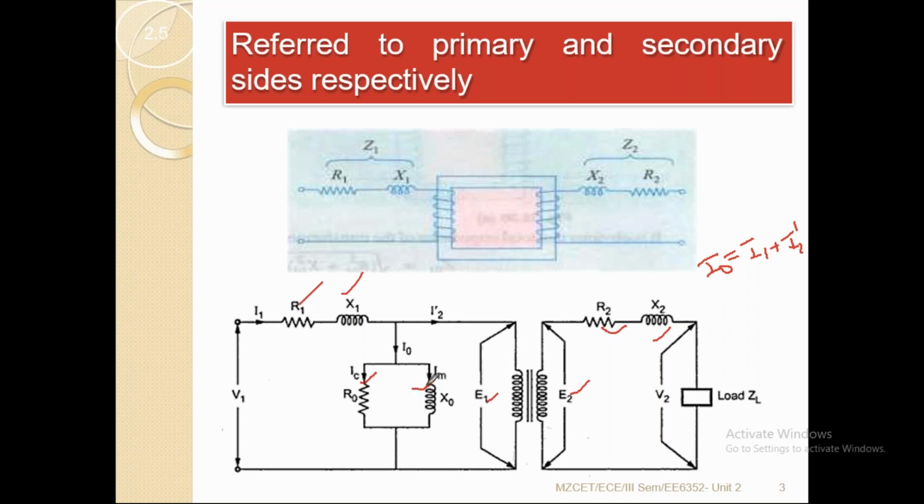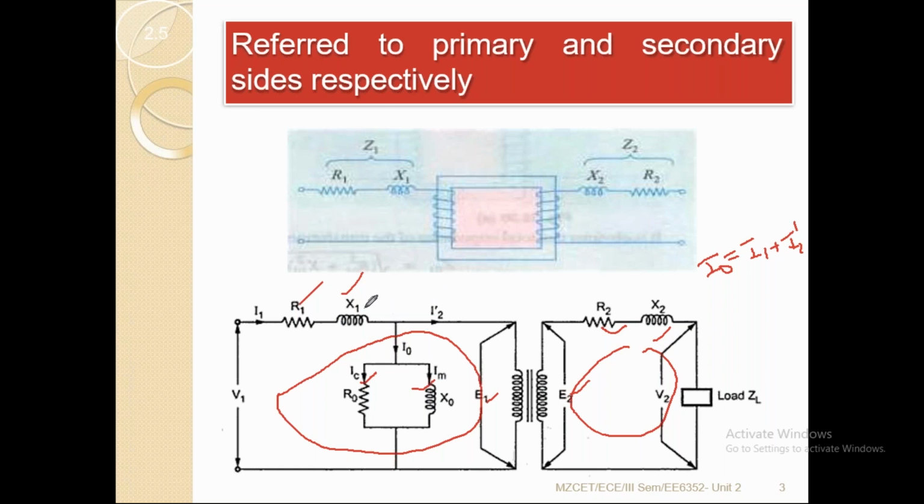So see this diagram. This is the circuit. The entire circuit on one side represents the primary, and this circuit represents the secondary. Now in this class, we are going to derive the equivalent resistance and equivalent reactance. Equivalent resistance and equivalent reactance means we need to add all resistances when they are in series or parallel. The same thing we are going to do, reducing R1 and R2 in terms of Req, and X1 and X2 in terms of Xeq, that is equivalent resistance and equivalent reactance.